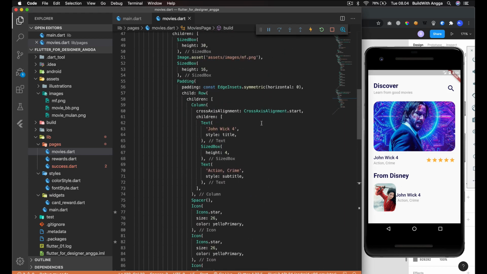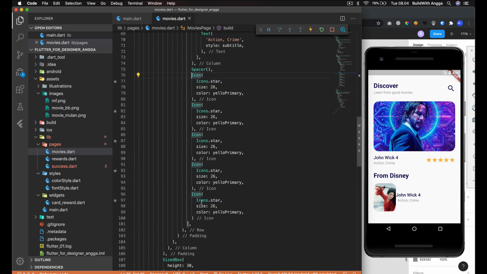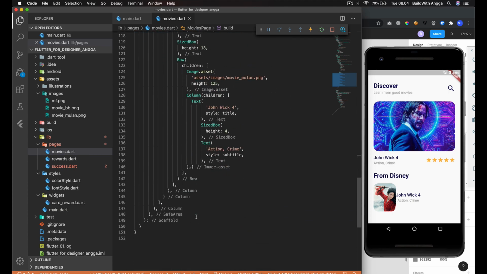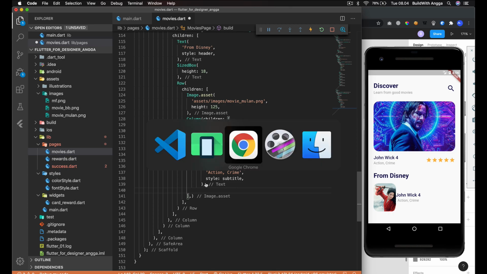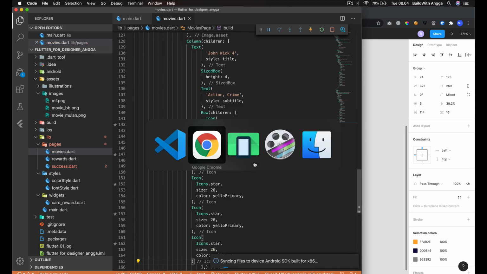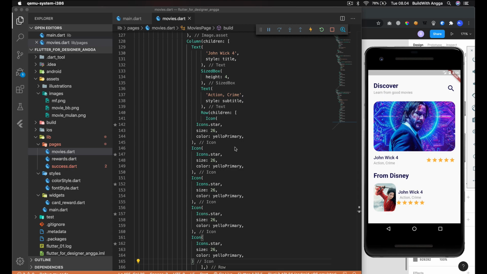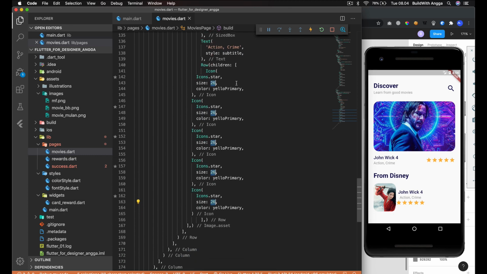And for the stars we can just copy this icon stars. I think we need a row to do that, so put row here with the children and like this. Okay, amazing. But we need to change this size of stars. Okay, we just need to put like 20.